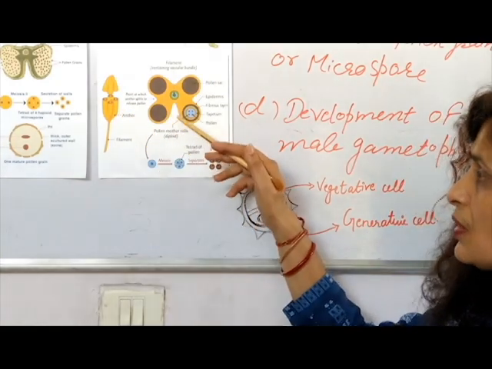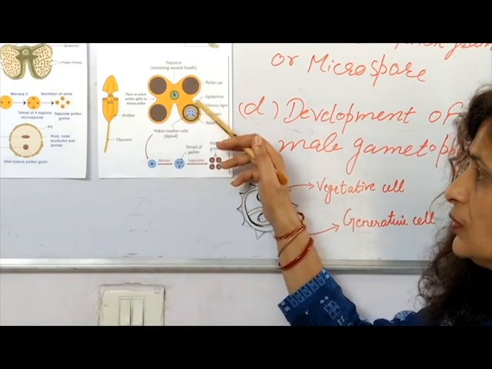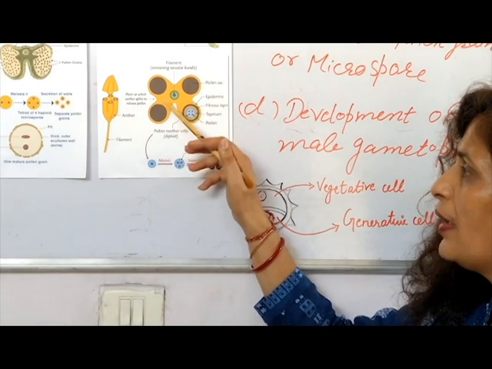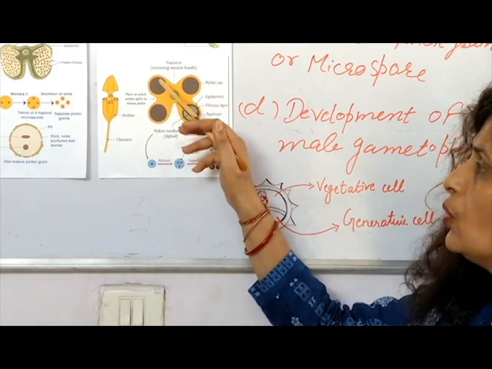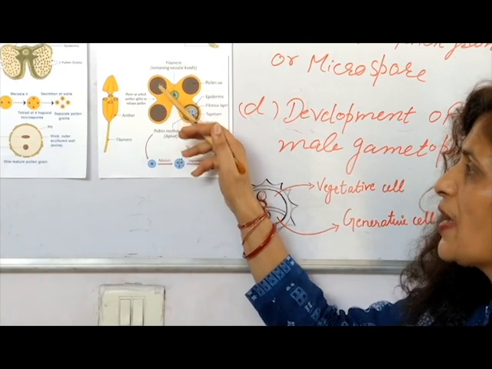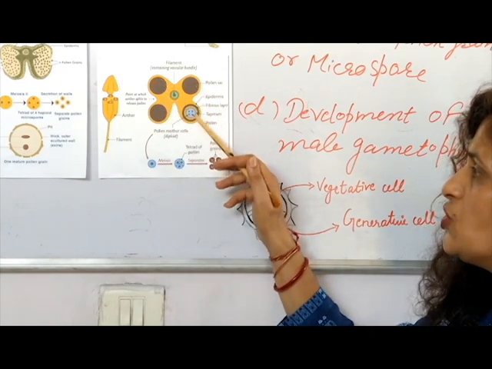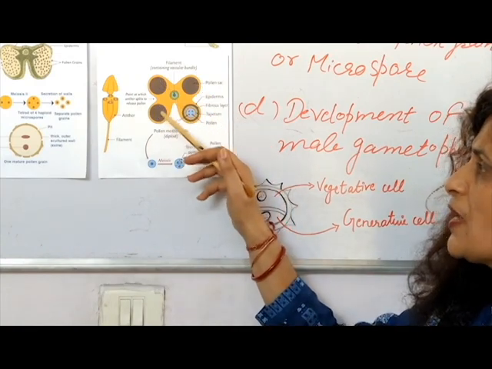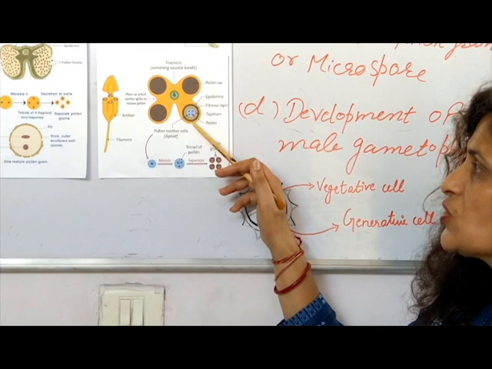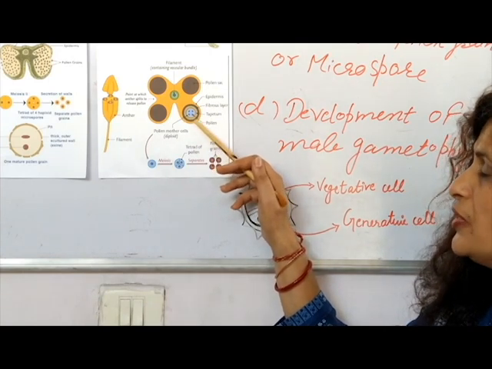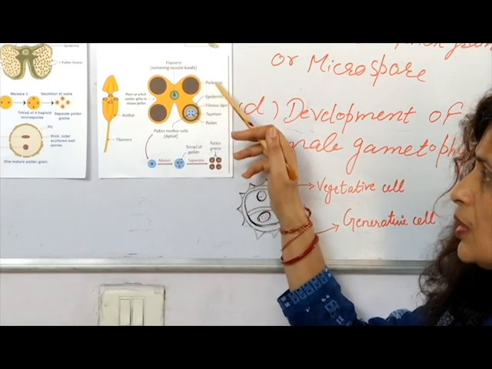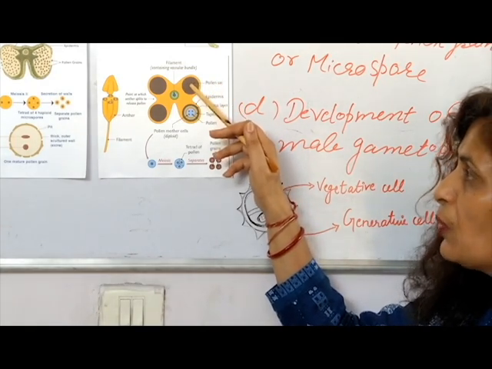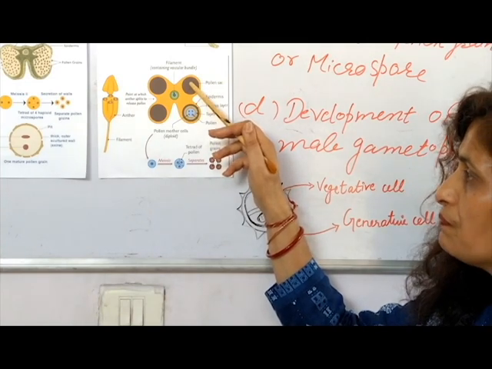Now let's discuss the internal structure of anther. Internally, each anther consists of two lobes, and in each lobe two microsporangia or pollen sacs are present. Two in each lobe, so a total of 4 microsporangia or pollen sacs are there. This condition is called tetrasporangiate condition. Microsporangia are also called pollen sacs. Why? Because in pollen sacs, microspores or pollen grains are produced.